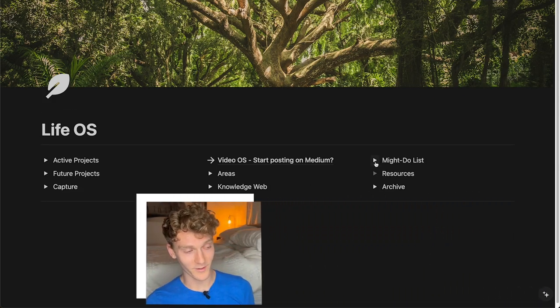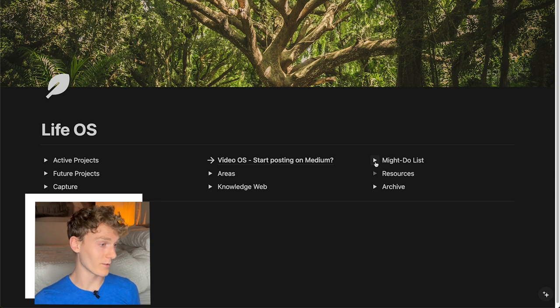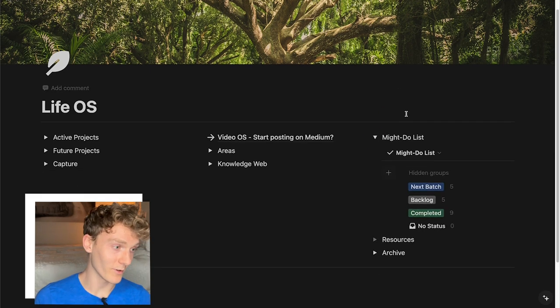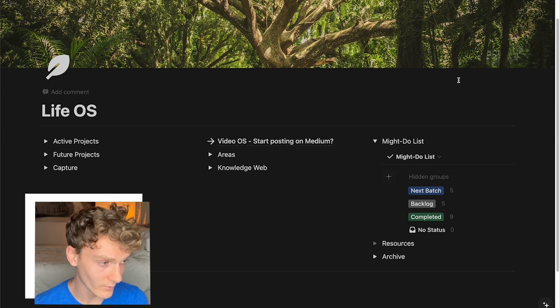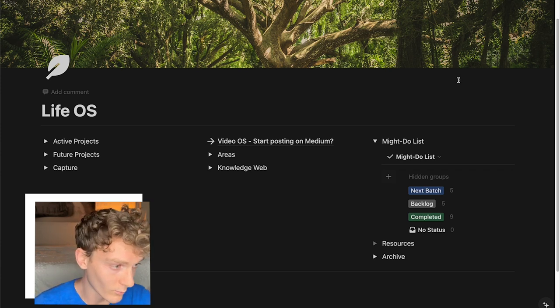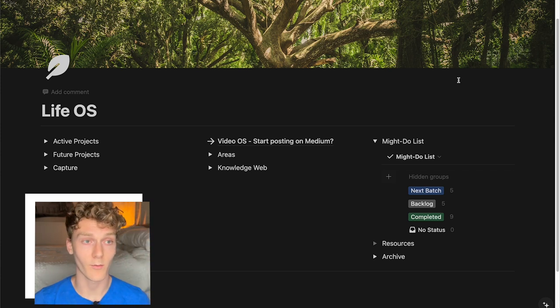It's a might do list because I might do it. It's not a to-do list because I don't have to do it. But a might do list are things I'm going to do at some point in the future. And how I like to do my might do's is I batch them. So like when I add my captures, like I said before, I'll add all those captures in. Then when I go to clear my captures, I'll add things to my do list, either in the next batch